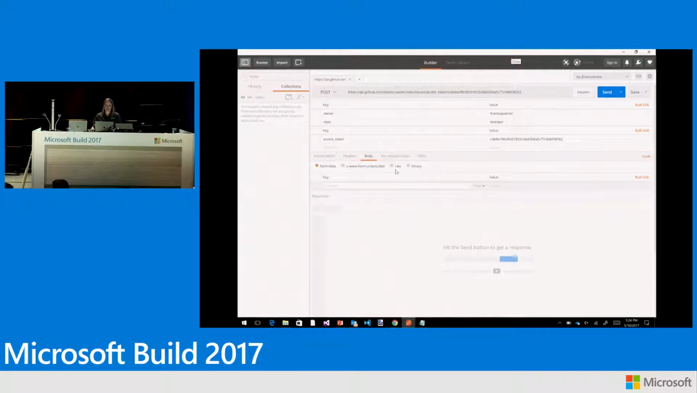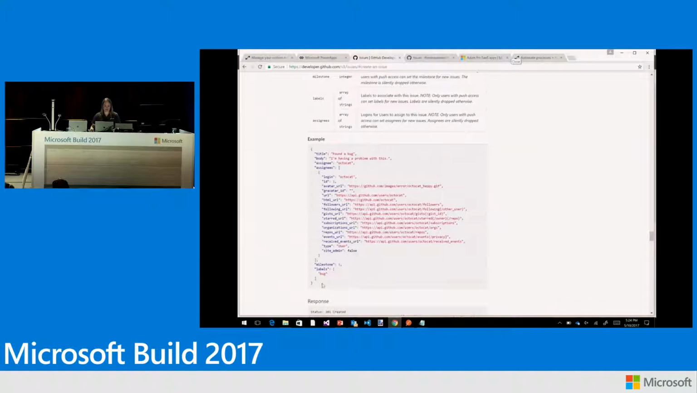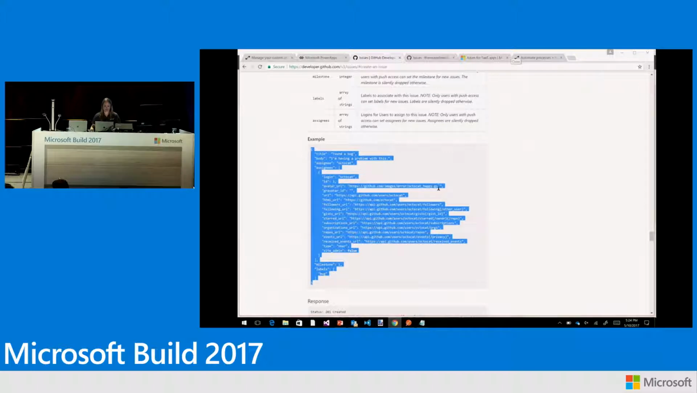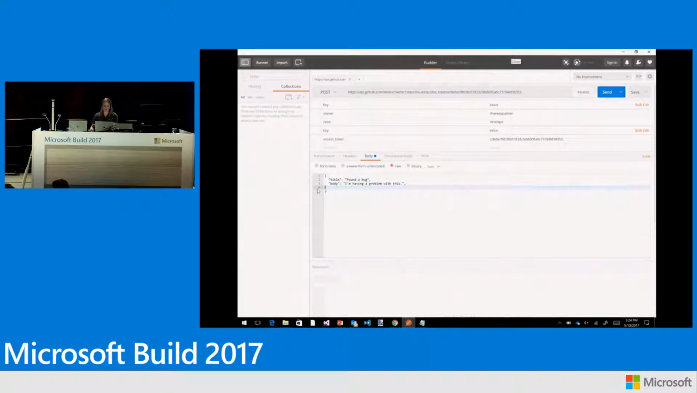And then the last thing is, in order to create a new issue, I need to actually post what's in that issue. So flipping back over to the GitHub documentation, you can see they have a handy example that I'm going to copy the whole thing out of, paste it in, and I'm going to make it way easier than this, just a title and a body, and I'm going to mark it as the correct format. So here we go. We have the right URL, the right keys, access token, and the body, and with that,